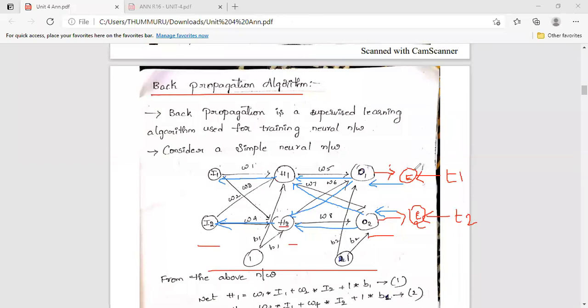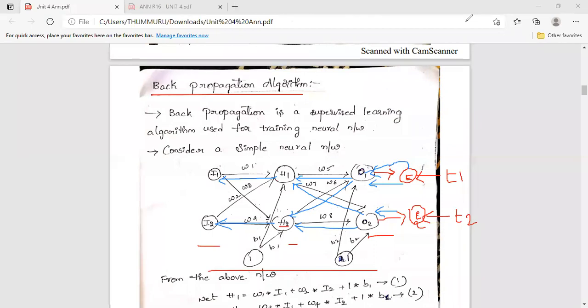Whenever we get error in this network, then by applying this error to each and every node, after that we are going to change the values of weights here. Then we may reduce the error rate of this particular network. Okay, we are traversing this particular network backward from output node to input node. This is the concept of the back propagation algorithm. This is a simple neural network example.